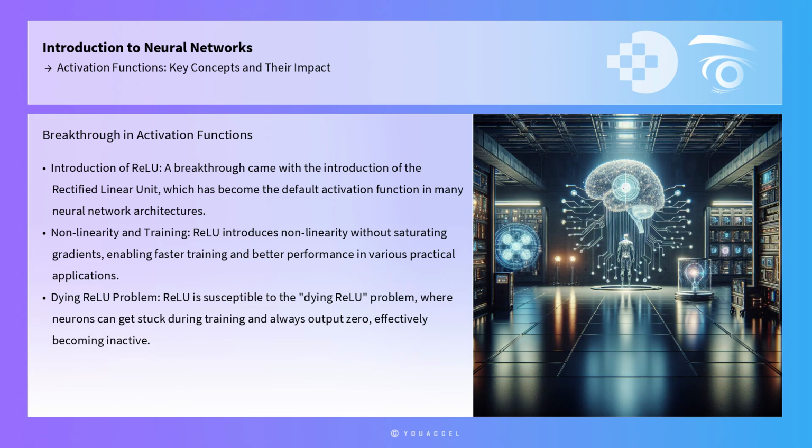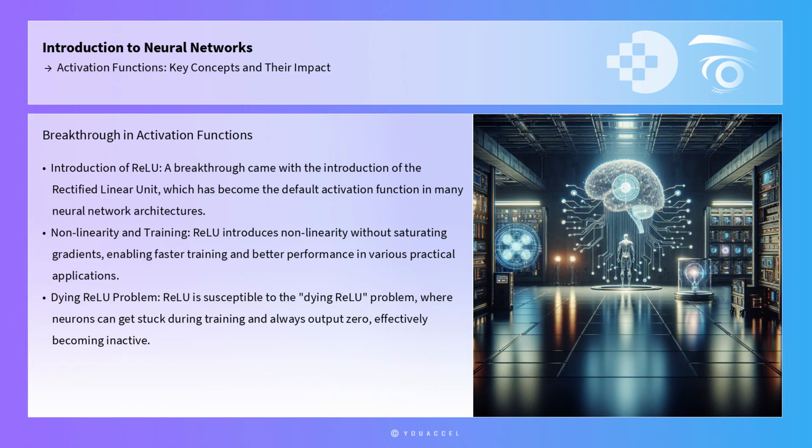A breakthrough in activation functions came with the introduction of the rectified linear unit, which has become the default activation function in many neural network architectures. ReLU is defined as the positive part of its input, effectively introducing nonlinearity without saturating gradients. This property enables faster training and has been shown to result in better performance in various practical applications. However, ReLU is susceptible to the dying ReLU problem, where neurons can get stuck during training and always output 0,